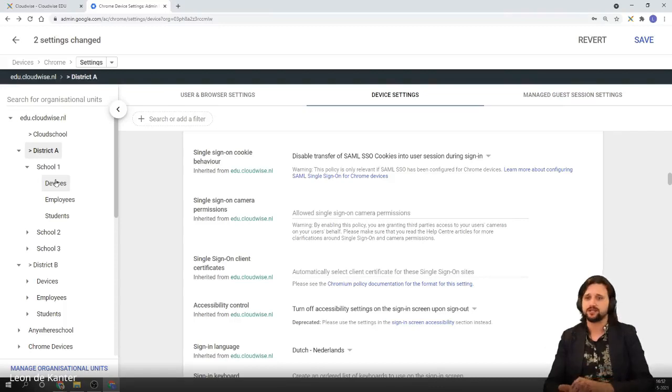Now, if you always are available for your teachers and your staff, that's great. But we also found that it is not a very flexible way to work. That is the reason that mainly what we have personally found is that setting restrictions in device settings or user settings beyond the things that we've already showed you don't really happen that often, because mainly what we have done